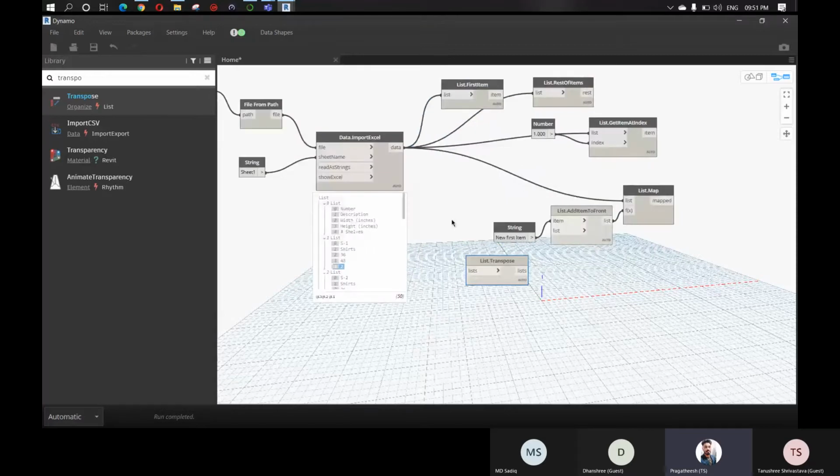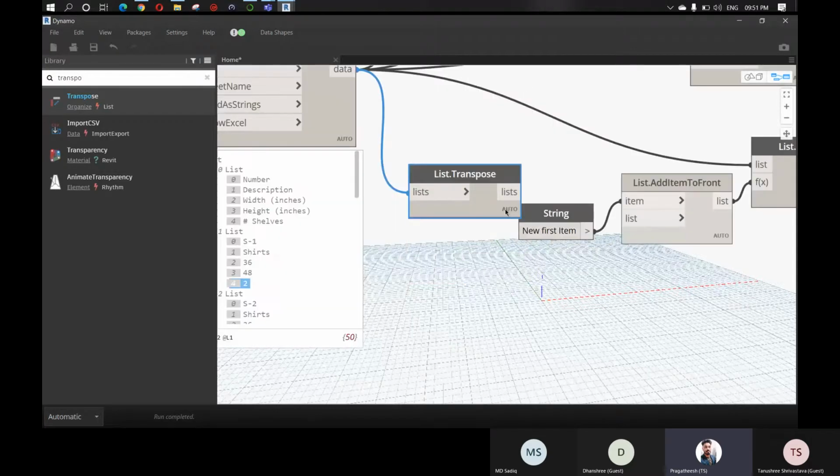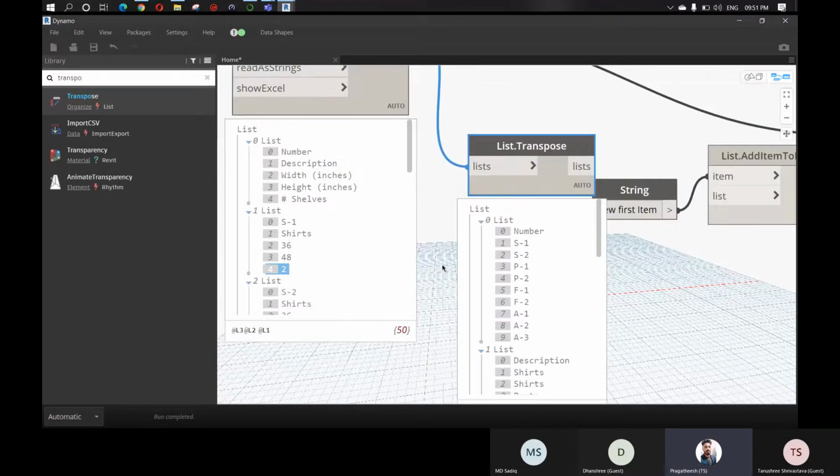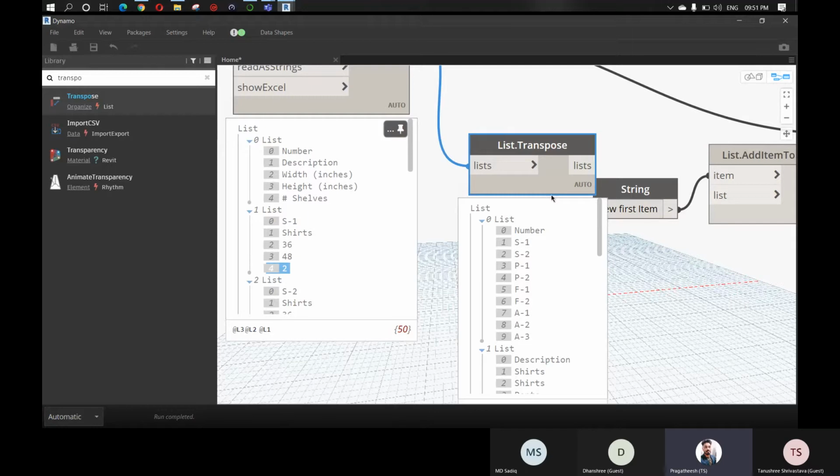It will just swap the rows and columns. I'm just connecting this here, and now we can see the output. Can you find the difference here? What list.transpose does is it just swaps the rows and columns from here to here.